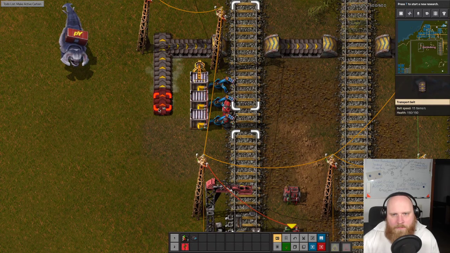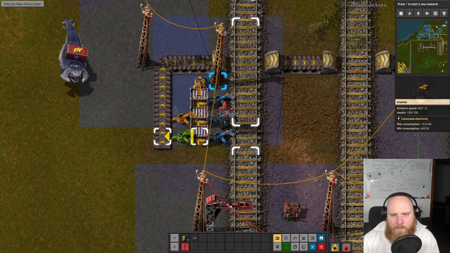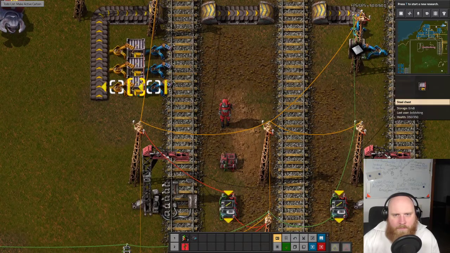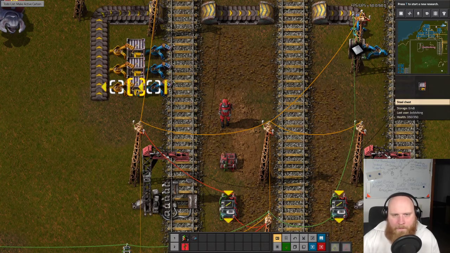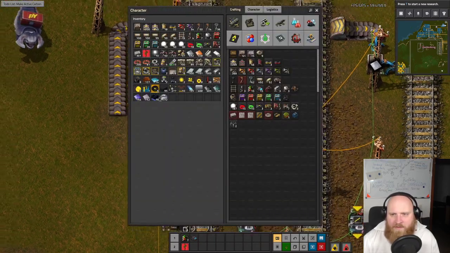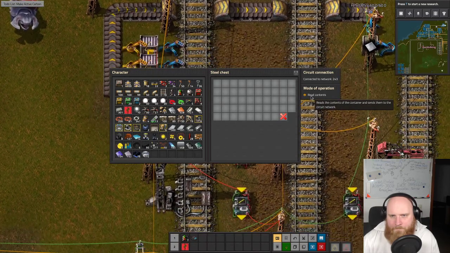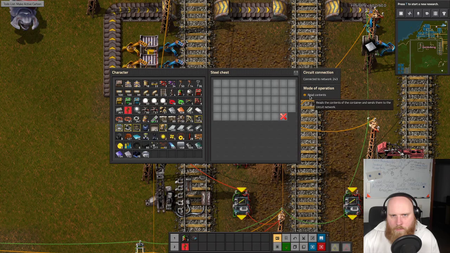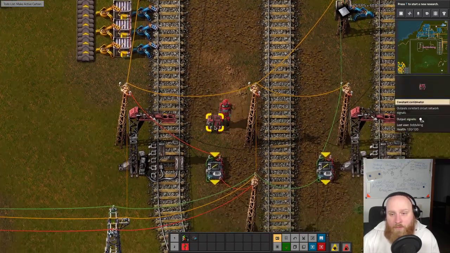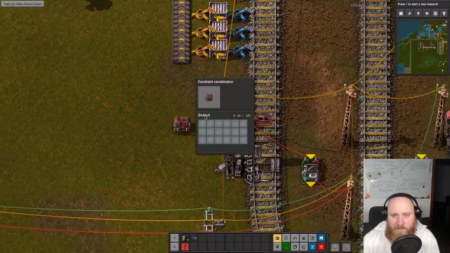I don't know how much is missing, because I don't know the maximum of these chests. Or is there a thing that we can check the maximum of the chest? Yeah, you know what we can do actually? We can use one of these. Put it next to it and...